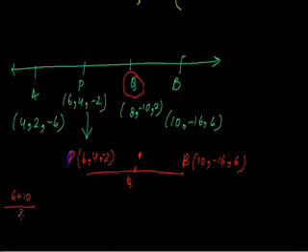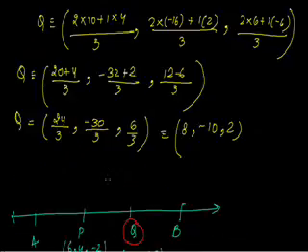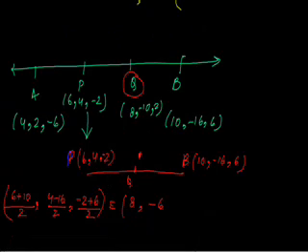So in order to calculate that, we could have easily used the midpoint formula, that is (6 + 10)/2, comma, (4 - 16)/2, comma, (-2 + 6)/2. When we calculated this, it comes out to be 8, comma, 4 - 16 is -12, so -6, comma, 4/2, which is 2. So these are the coordinates for Q.